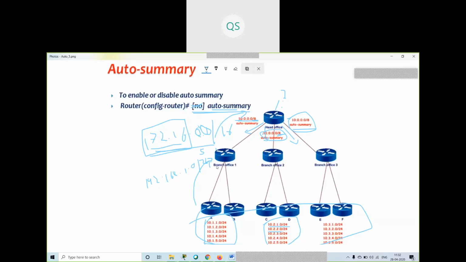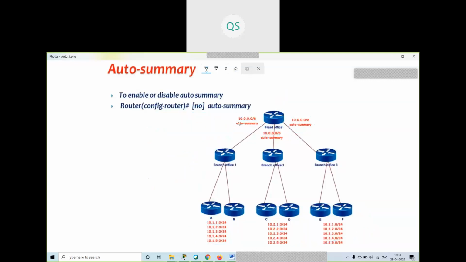If you want your networks to be advertised separately, then you cannot use auto summary. Because if you use auto summary, we have seen the drawback: all the routers will be advertised with the same network and the same CIDR value, 10.0.0.0/8.